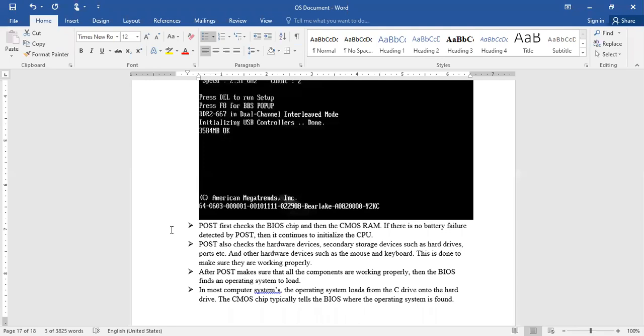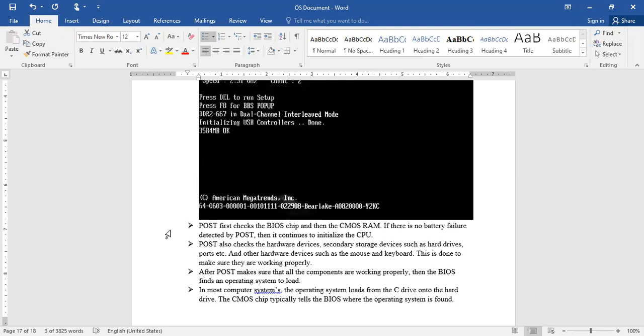For that, POST will take care of verifying all these things. In this case, POST is going to verify whether a CMOS battery is present or not, and whether all the devices connected to the system are working properly or not, right?